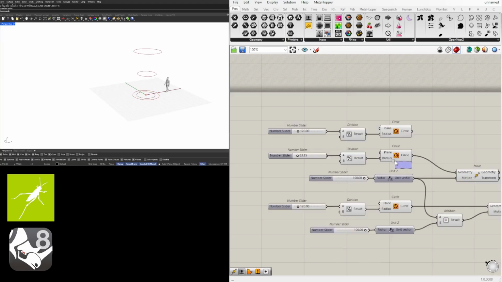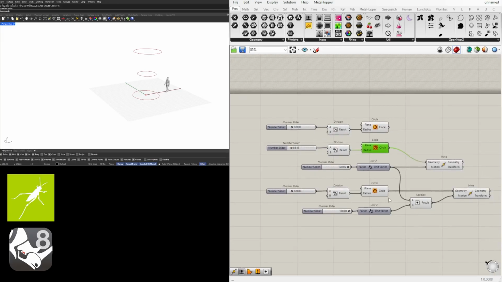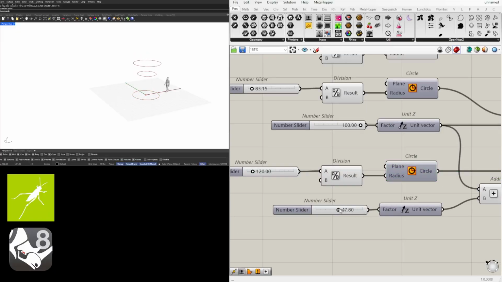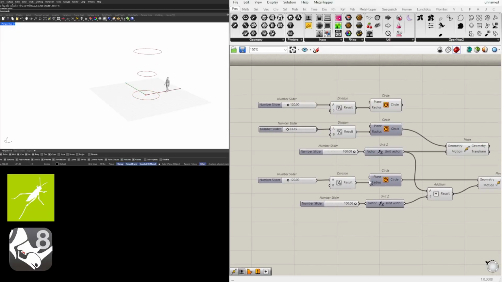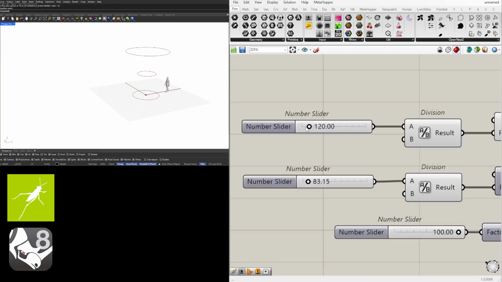Now, the reason why we did it this way is because then we can change the size of this circle. Now I will hide the input on this one because we want to look at this circle here. Notice that we can change the size of this one, and then this one that we moved all the way up, we can also hide. And now we have the ability to change the height of this one, as well as the circle size of this one. So we have 3 different circles,